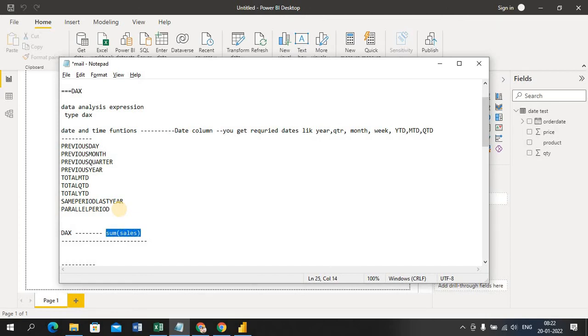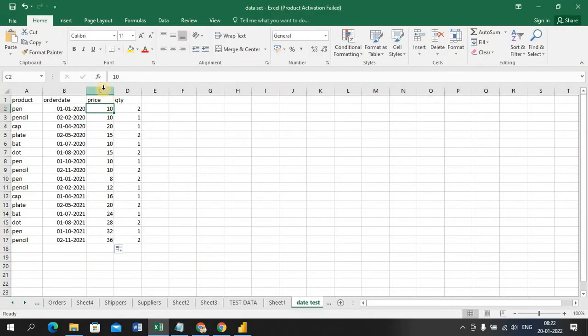It's going to evaluate the sales amount. If you do the total sum here, I get the total sum as 276. This is nothing but an expression. It's evaluating this price column with the sum. If I do count also, it shows a count of 17.